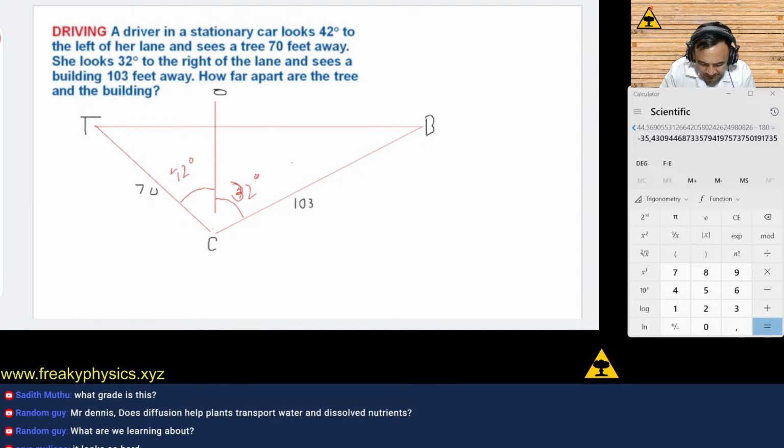So I can add the two angles, yes? Yes, you have to add the two angles. 42 plus 32. So this all together is 74. And so we're trying to find the little c equals 72 squared plus 103 squared minus